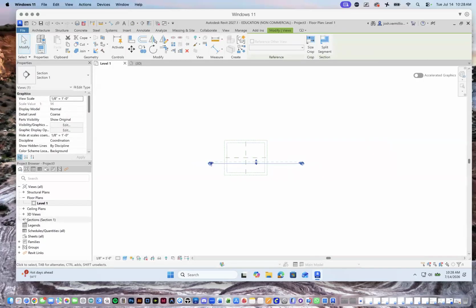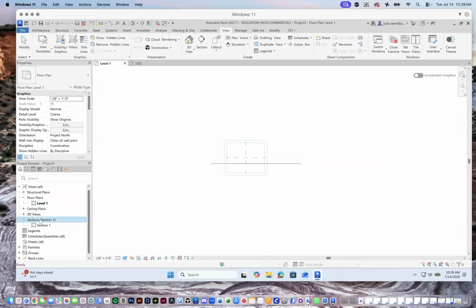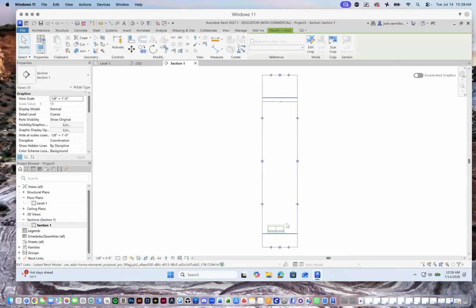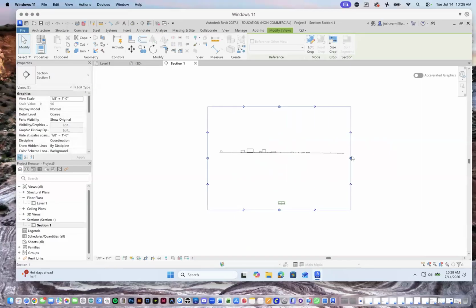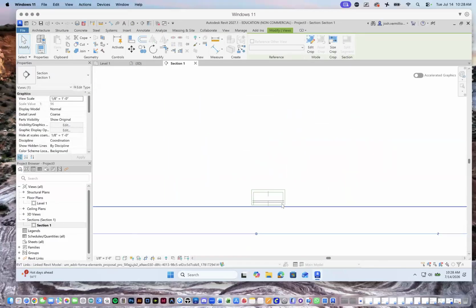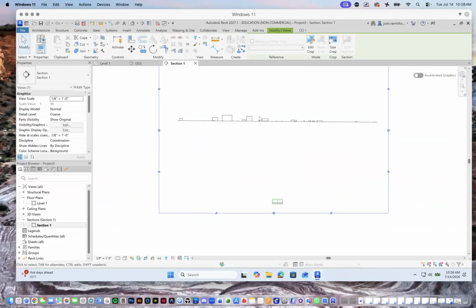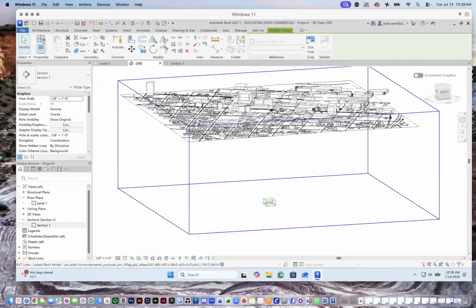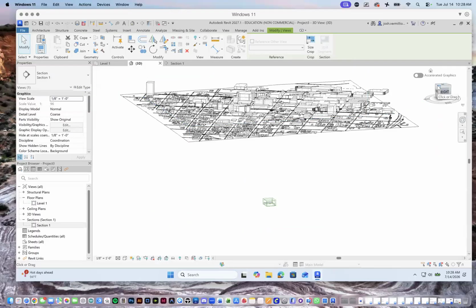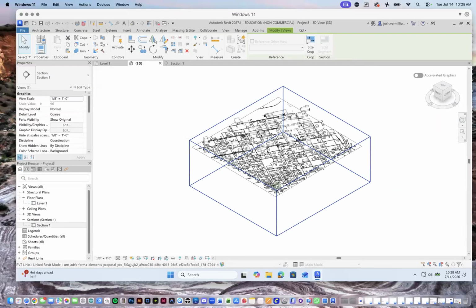So I can go to this section. You can see now I have a section in my project browser and the section one inside of that. And you can see now if I turn this and bring it up a bit, I can start to see everything in my side view. Yeah, and I can actually, let me go to my 3D view and, well, let's just